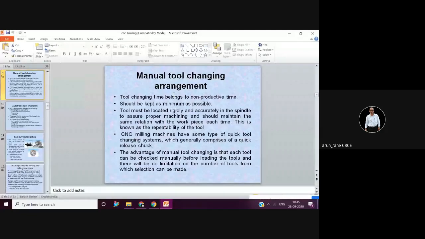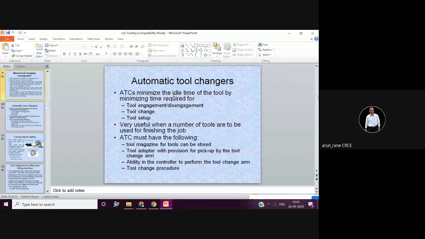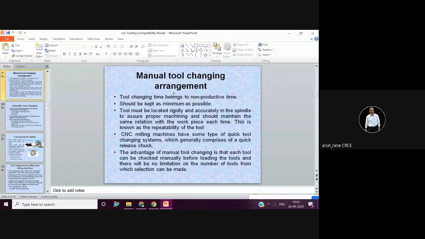But when you are talking about mass production, when you are battling for seconds, this 2 minutes is a huge time. Because say if there are 20 tools to be changed in a job, consider 1 minute per tool change. So 20 minutes you cannot afford. 20 minutes of tool change per workpiece, you definitely cannot afford. You may have tool change time more than your machining time.